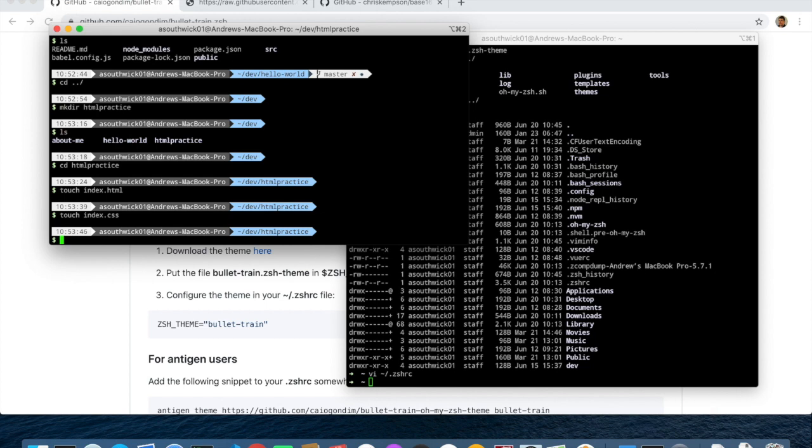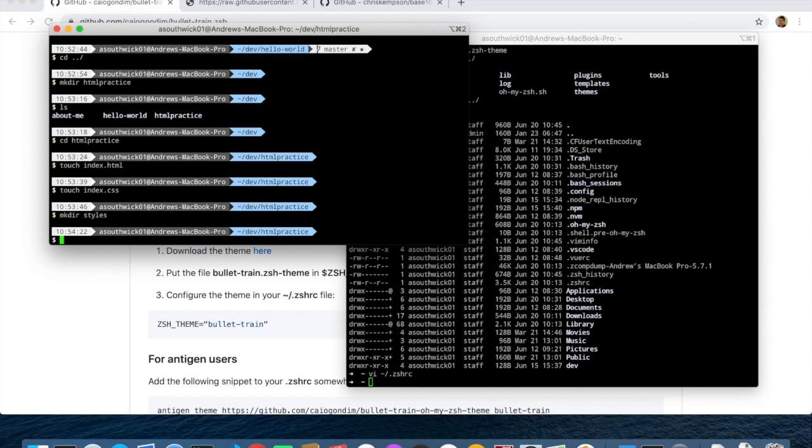Now, we've made these two files. I actually don't want my CSS file sitting at my root. So I'm going to actually make a new directory. So mkdir makes a new directory, and I'm going to make a directory called styles. Okay, now the next thing I want you to do is we're going to move the CSS file into that directory. So what we're going to do is type mv